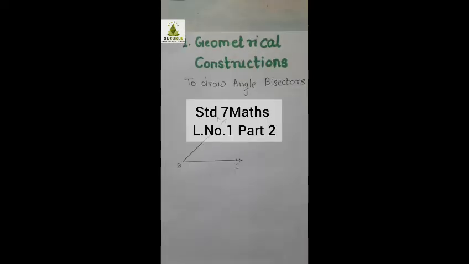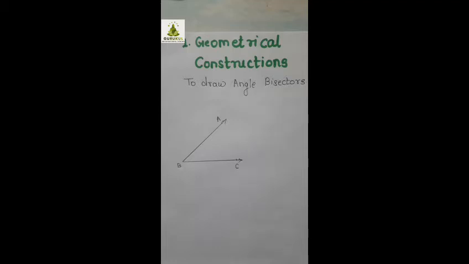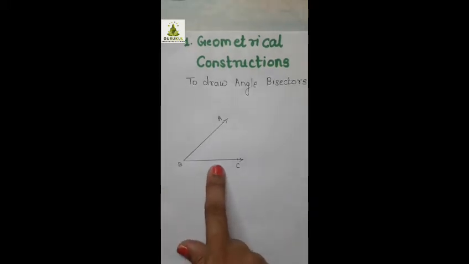Now we will see the method to draw angle bisectors. Same here. The line which divides the angle into two equal halves means the two equal measures. Suppose given angle is of 60 degrees and after drawing the bisector, if you measure each angle, it should be of 30 degrees. Very first you can see we have drawn an acute angle on the sheet. Now let's start the method.